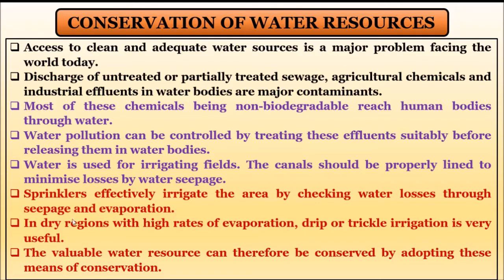Discharge, here if you see, guys, sprinklers effectively irrigate the area by checking water losses through seepage and evaporation. This is sewage, not seepage. S-E-W-A-G-E. Okay. Discharge of untreated sewage, chemical waste and waste from factories are a few of the major